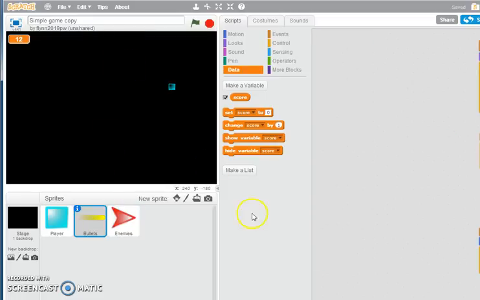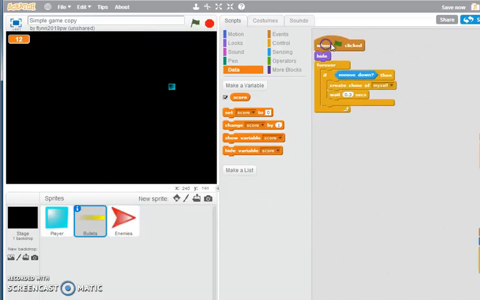So for the bullets, we're going to do the same sort of thing. Whenever the mouse is down, it creates a clone of itself, so it makes another bullet, and it waits 0.3 seconds, so you can't just machine gun everything down. Now, we're going to use this one right here, because